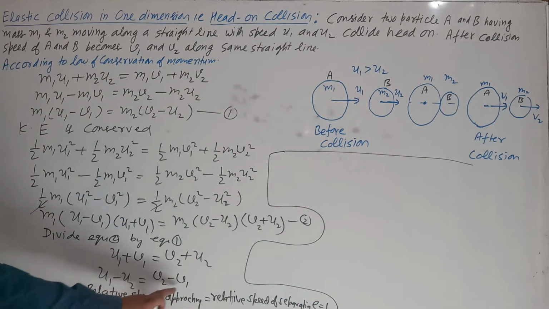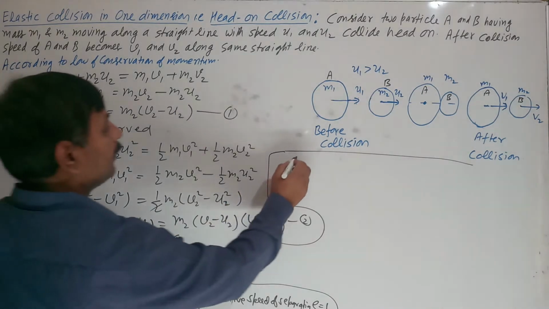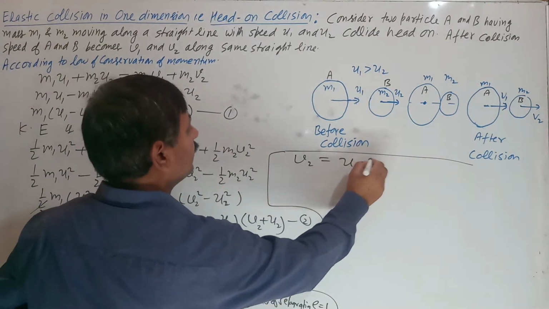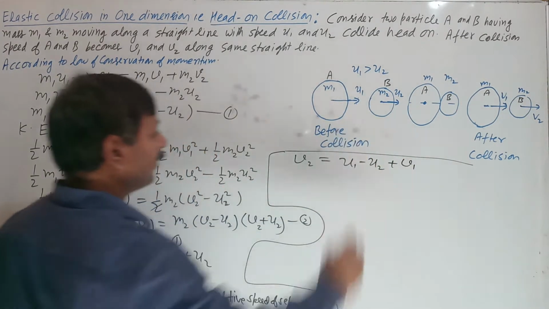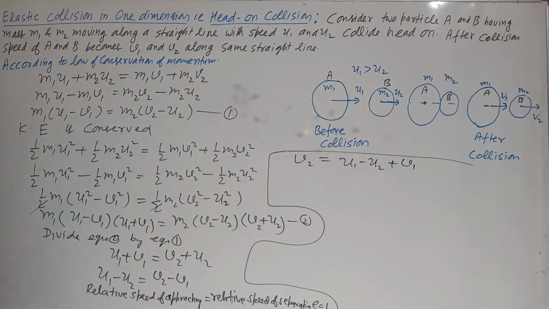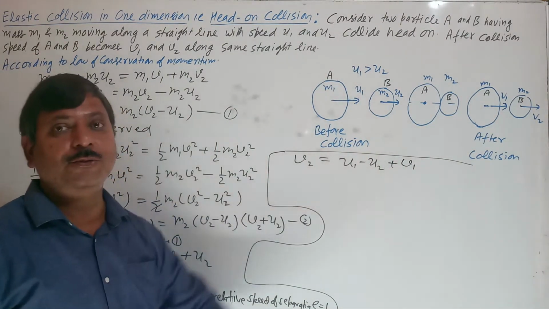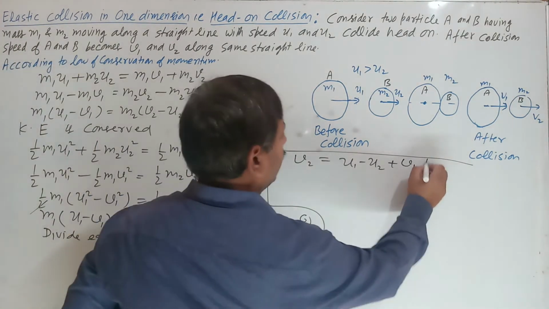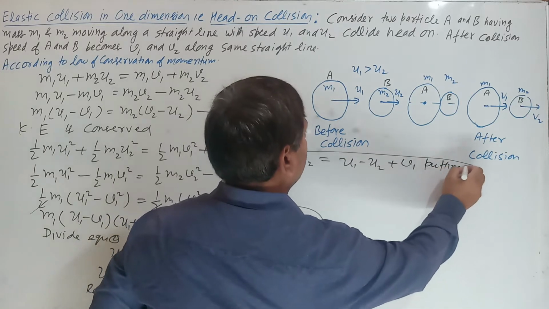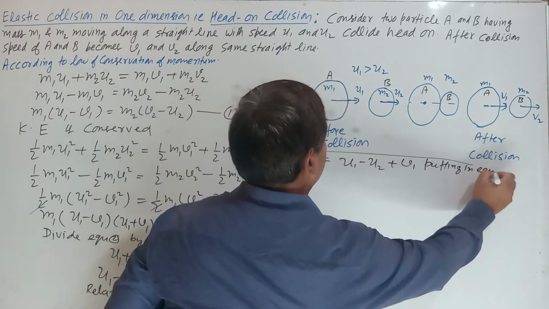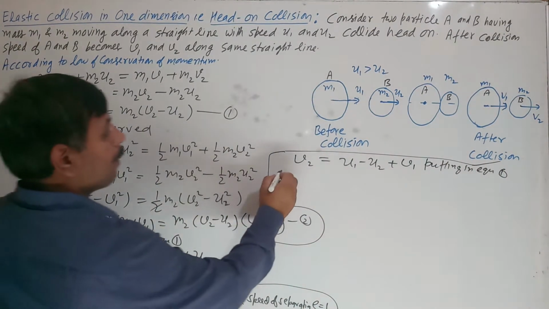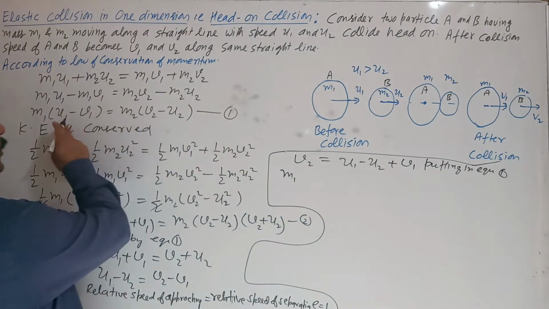v2 minus v1 is equal to u1 minus u2. I have taken v1 to the left-hand side, so v2 is equal to u1 minus u2 plus v1. Put this in equation 1. Putting in equation 1, इक्वेशन 1 में पुट करते हैं, क्या होगा बेटा, m1 u1